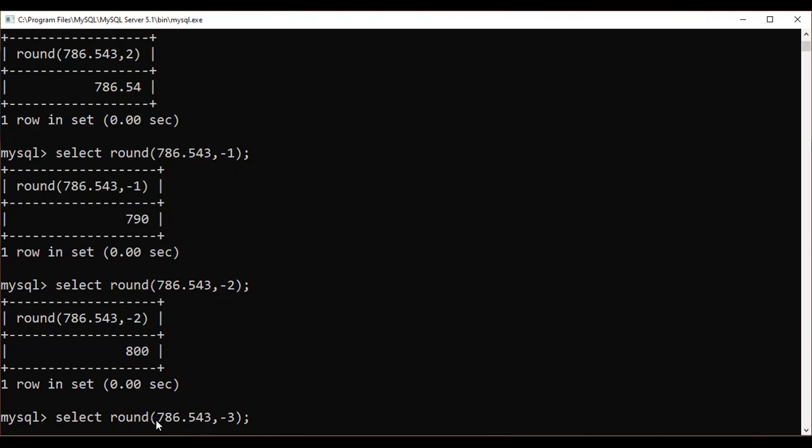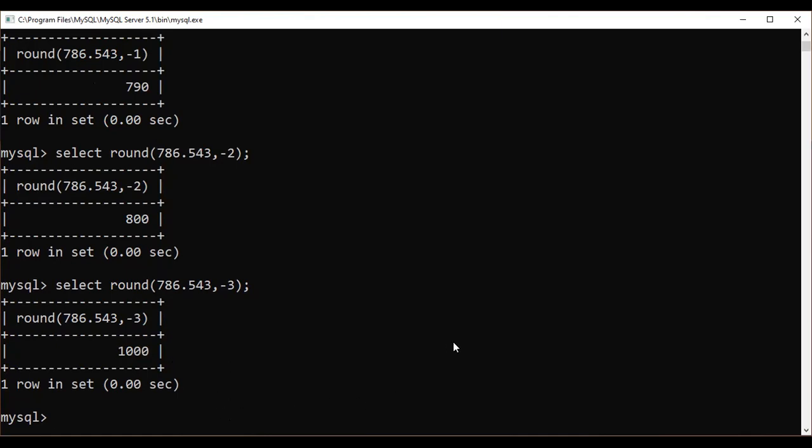Is this 7 greater than or equal to 5? Yes. So plus 1 will be added to the number before it, that is 0. That is 0 plus 1, 1. And these three numbers will become zeros. So your output will be 1000. Because whenever we add zeros on the left side, they have no value. So minus 3 means the position is that 0th place. This number 7 is greater than or equal to 5, so plus 1 is added to that 0, and hence you got the output as 1000.